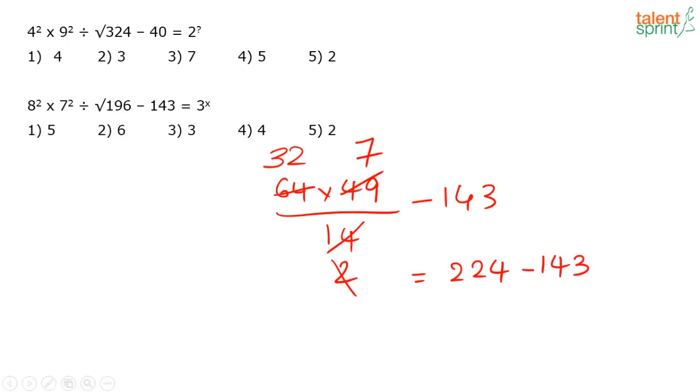Are you all getting it? Okay, everybody is getting the answer. So that is equal to 81, or this is equal to 3 to the power 4. So the answer for this question is option 4. Everybody got the answer correctly. Excellent. So this is the basics. See, these are very basic questions which are asked from BODMAS. So let's move on to the next.